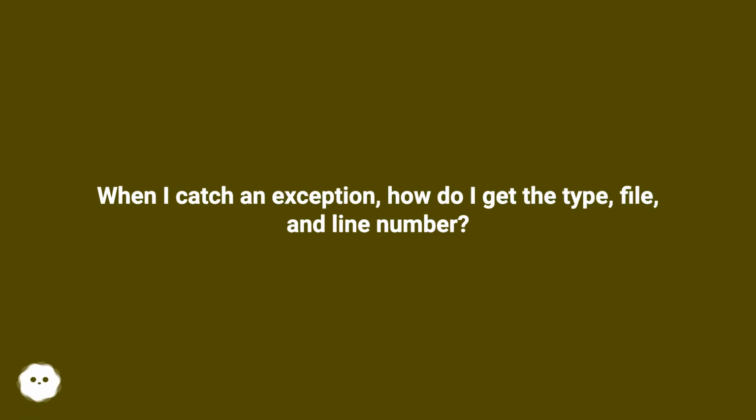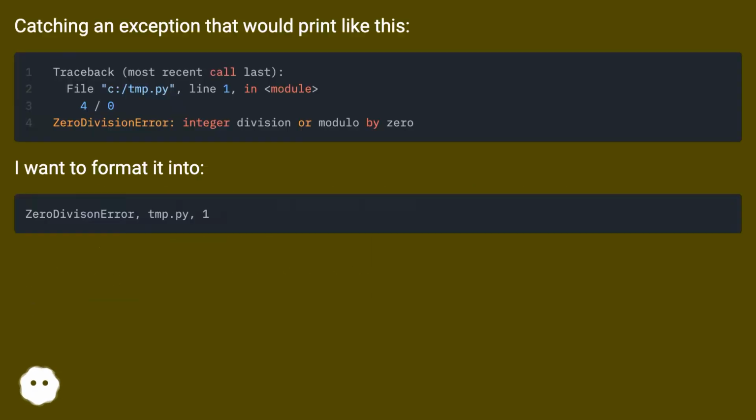When I catch an exception, how do I get the type, file, and line number? Catching an exception that would print like this, I want to format it into